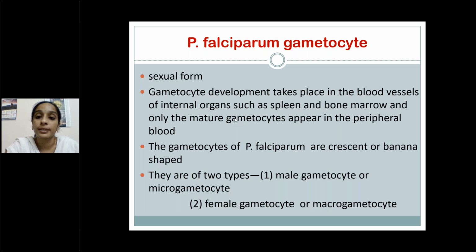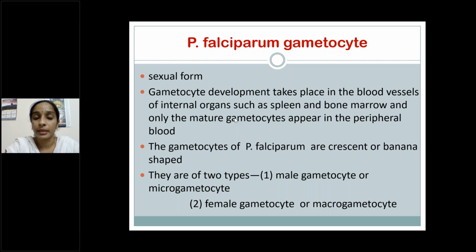Development takes place in internal organs like spleen and bone marrow, but only mature gametocytes appear in the peripheral blood. These mature gametocytes, either in falciparum or in vivax, are the infective form, meaning able to produce infection in